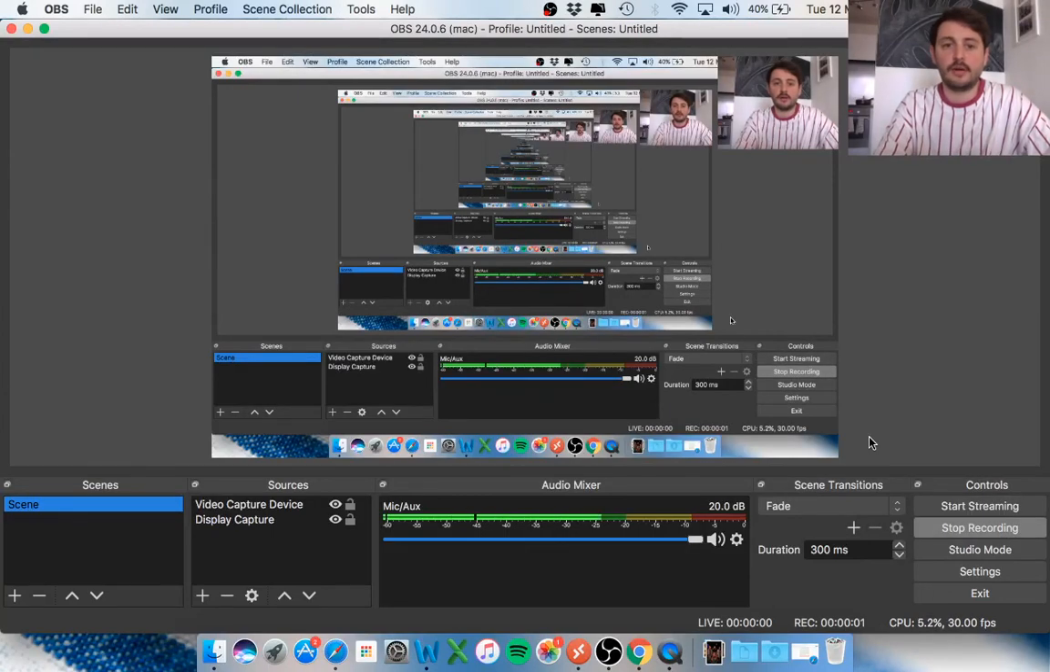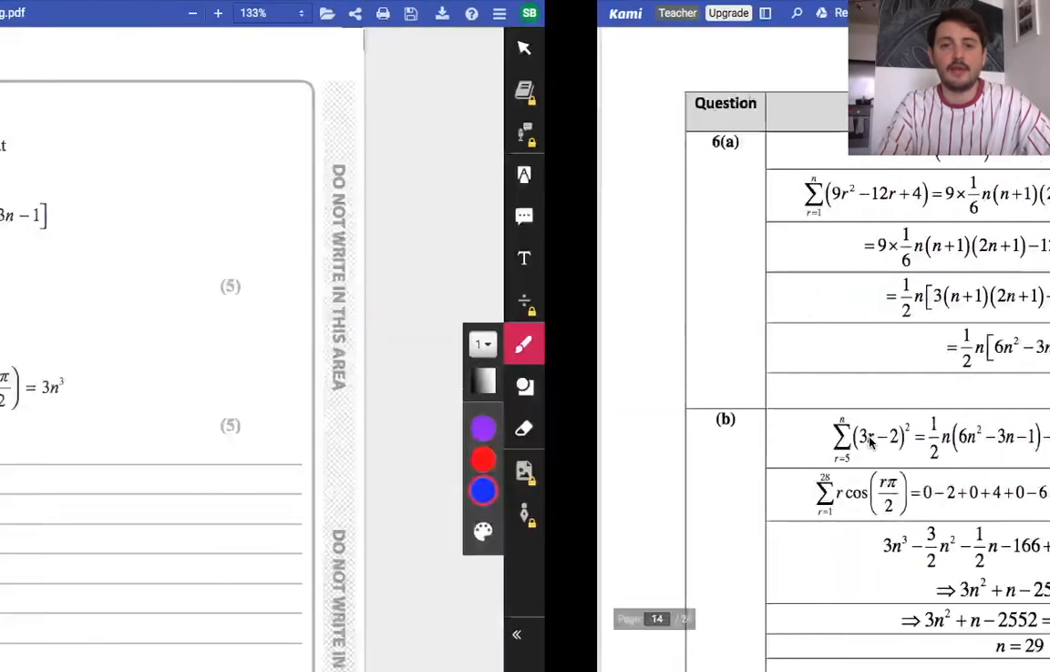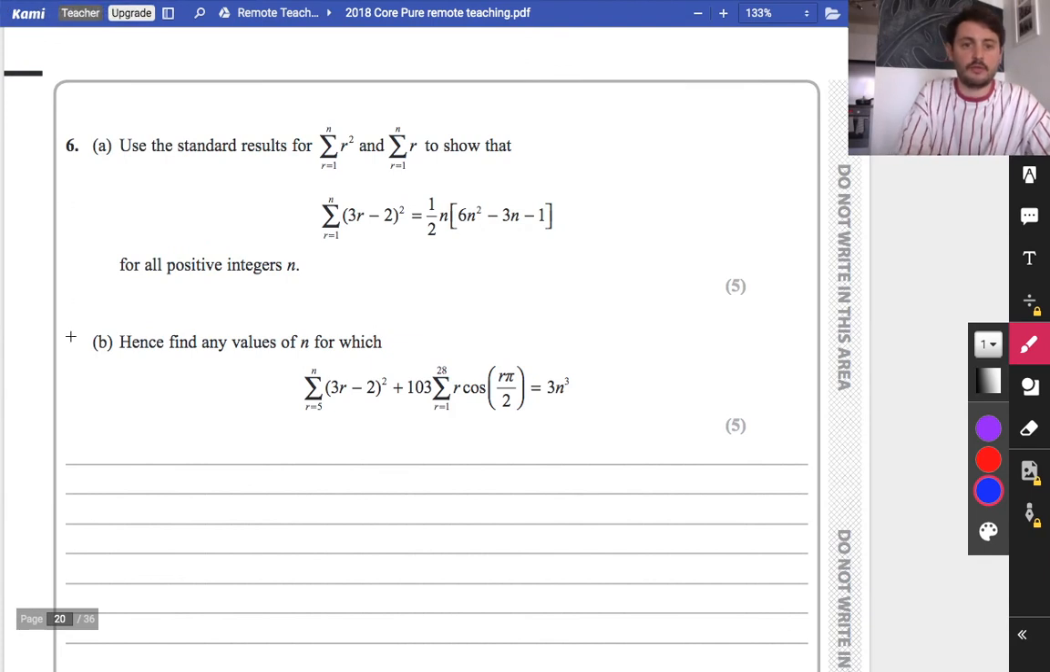Okay, so this is part 2 of the 2018 Core Pure paper, and we're going to start off with question 6 now. So we want to use the standard results for the series summation to show that this particular thing is true that we've got here. So we don't know how to do something when it's squared like that, so we better start off by expanding that. So our sum from r is 1 to n of (3r minus 2) squared is the same as the sum from r is 1 to n of,